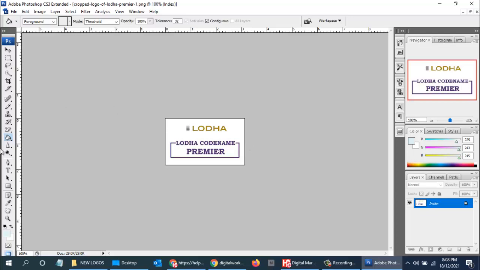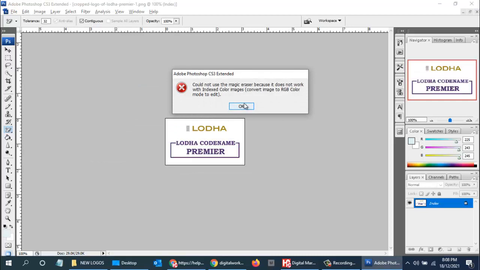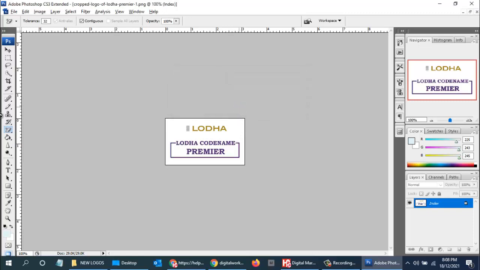Then we can make it transparent over here. Okay, there is some problem with this image. One second.